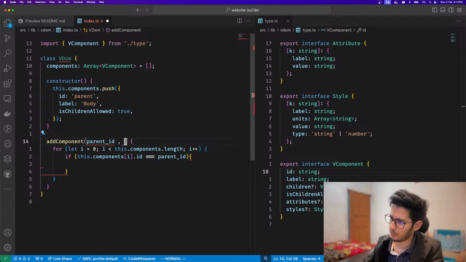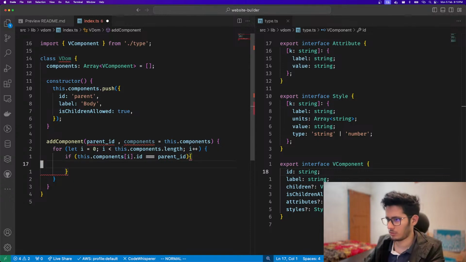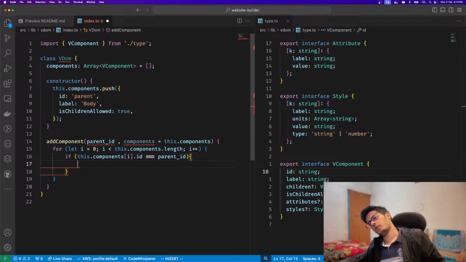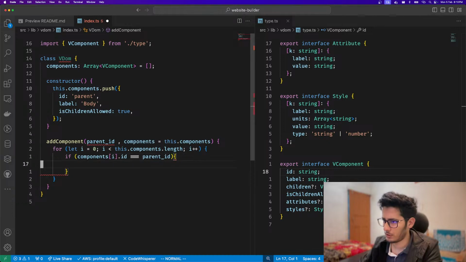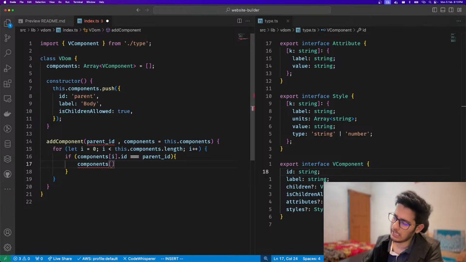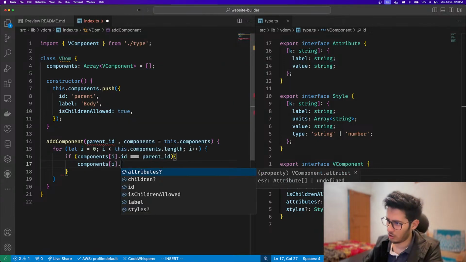So components, say components is equal to by default list of component. Can we do this? Yes, we can do that. Insane. So instead of just components, we'll say, yeah, interesting. So if we specify this, okay, so now this dot component is not a thing. We'll say if this is, then components at I dot